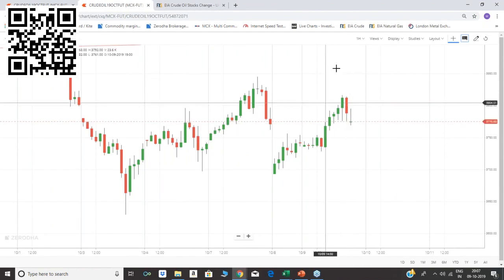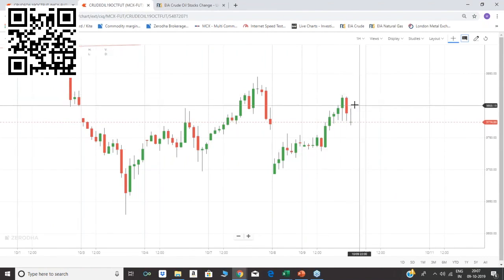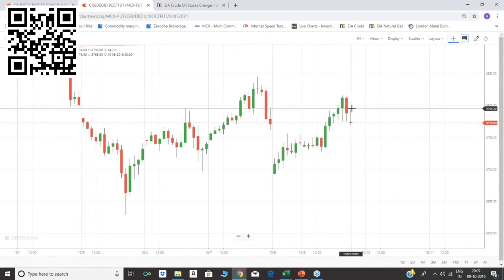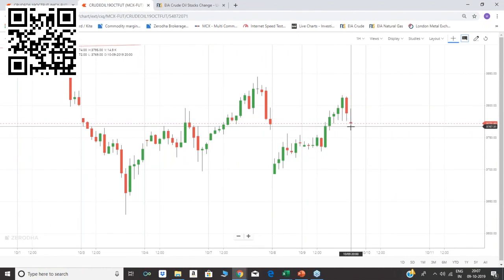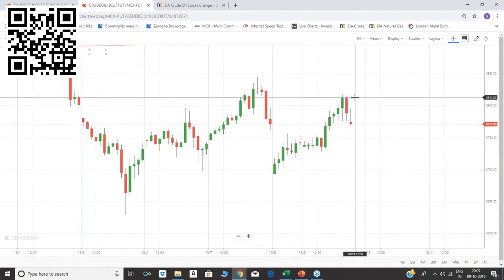Now it's all over. But yes, the impact of the inventory data was that it showed the downtrend exactly at the prior resistance zone. It started its reverse journey too. Just look, not a single indicator have I applied in my charts as of now. But this dynamic resistance and support zone are giving wonderful results.